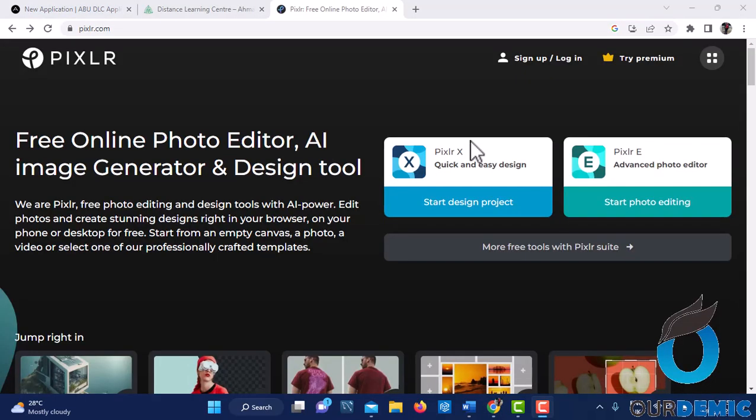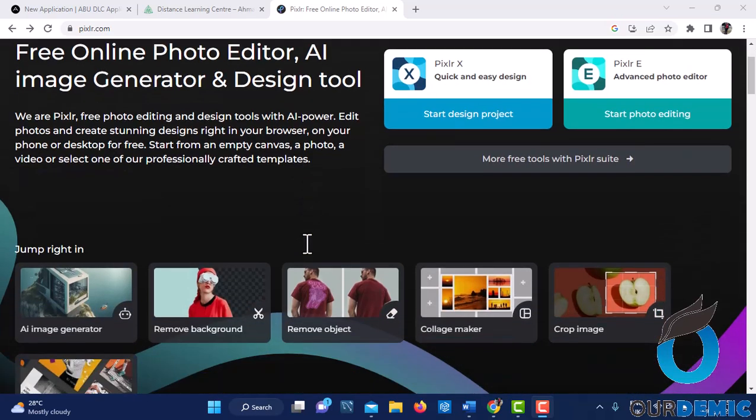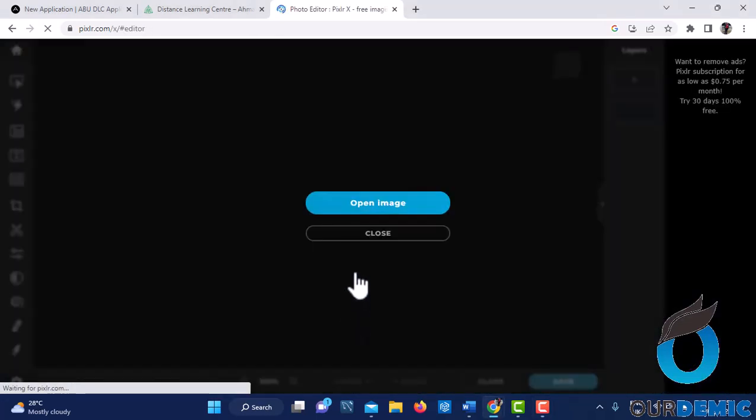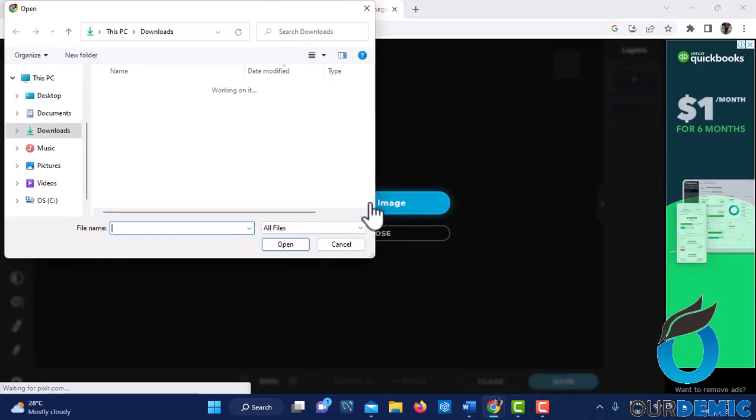Another application we want to talk about is pixlr.com. You can use it to clean background images. You can use it to remove objects, emojis, stickers on a picture. For example, let's remove a sticker. Click on remove object, open image,